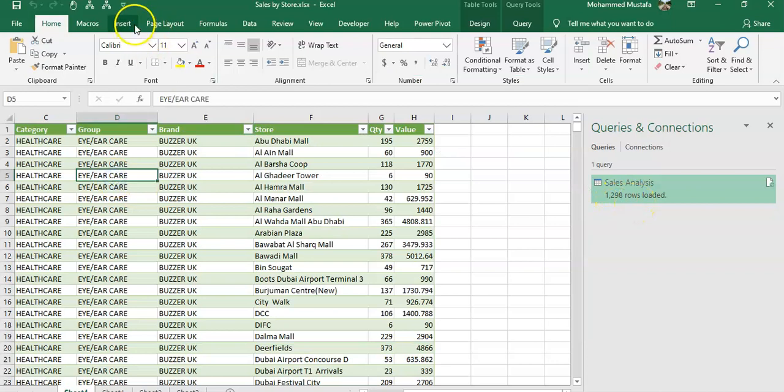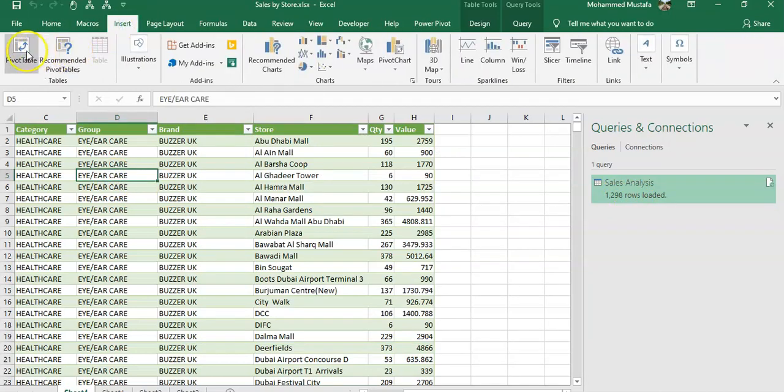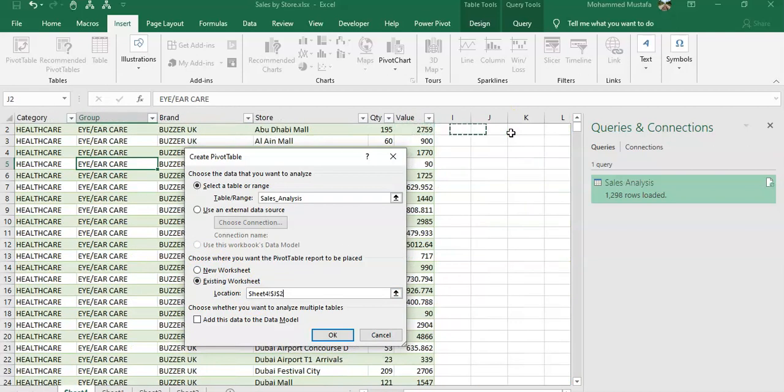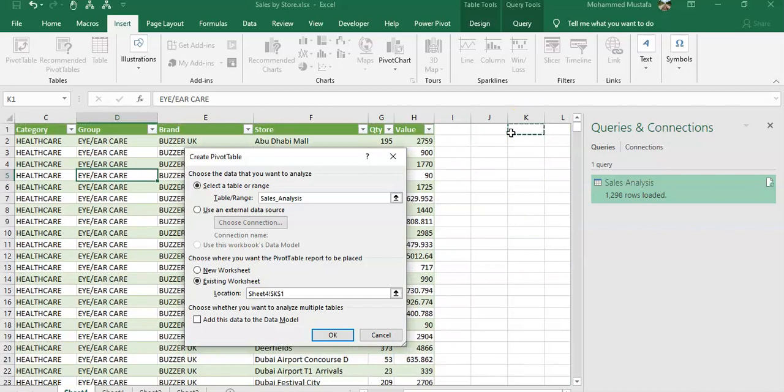Okay, so let's go to the insert tab. We click on insert and we want a pivot table, and the table is selected automatically, and we want to run the pivot on the existing worksheet. So we can just click like this and come to an empty space and say OK,